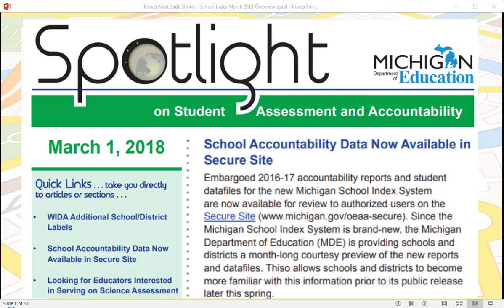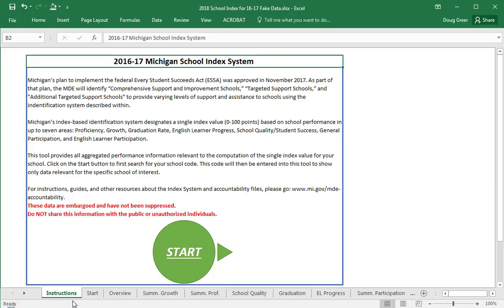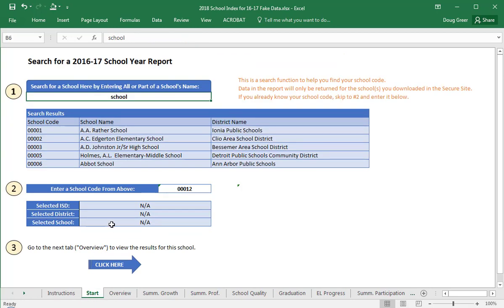In March of 2018, the Michigan Department of Education released the new school accountability data through a school index system through the BioSecure site. There are directions on the SI timeline on how to download the school index for the 2016-17 assessment data. The accountability data will download as a Microsoft Excel file, and the first tab will be some instructions, and then the tab next to that will be basically where you begin, and you can search for any school